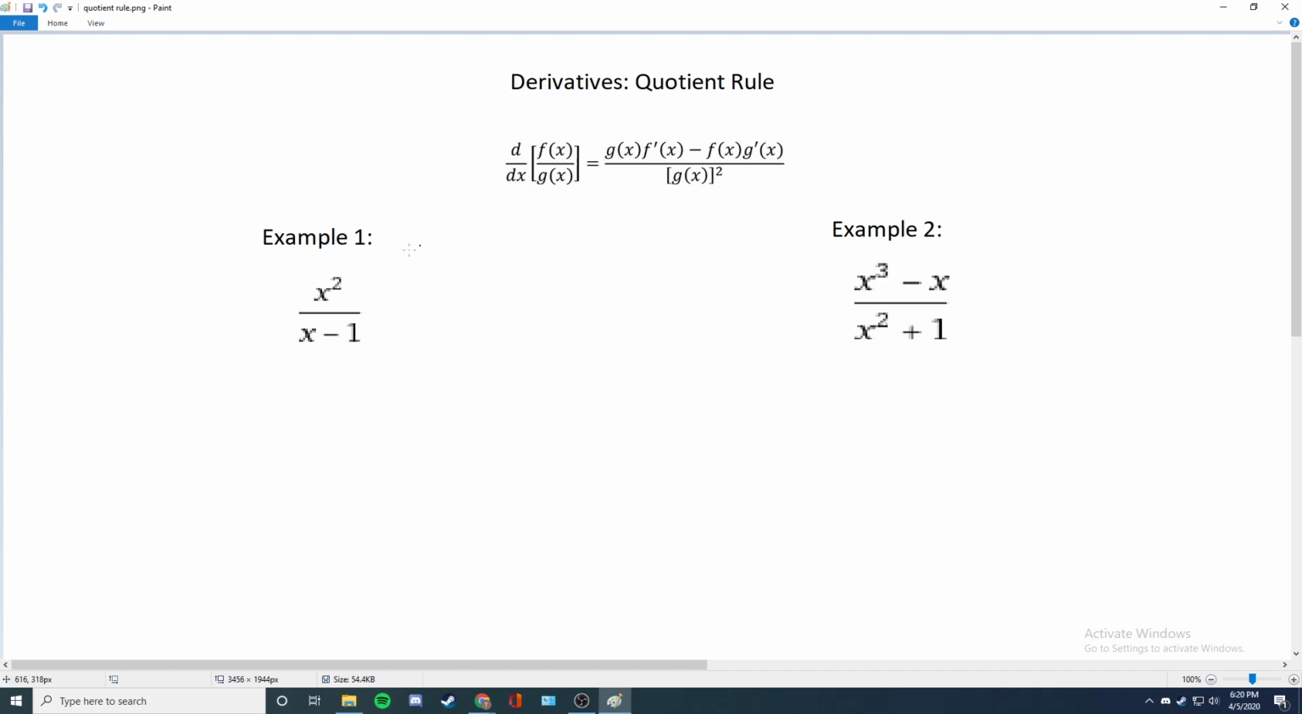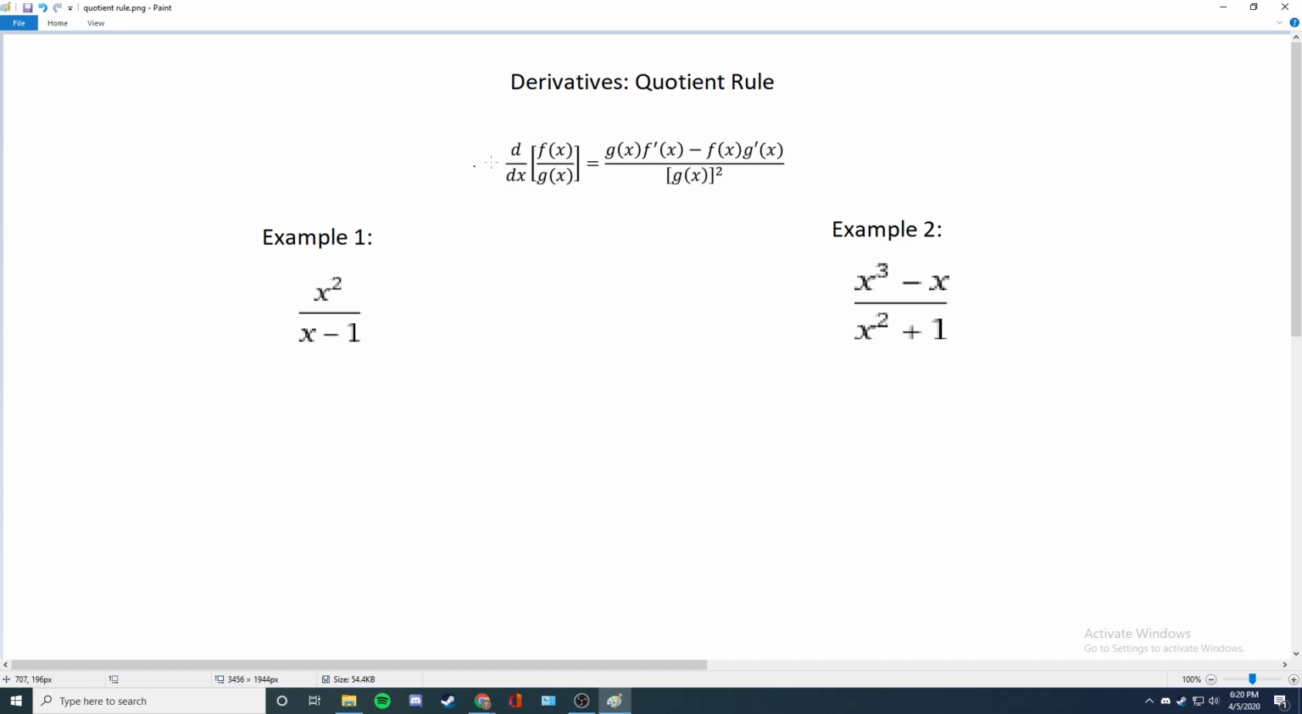Go over how to take derivatives using the quotient rule. The quotient rule comes into play when we've got two functions essentially divided by each other. If you look at this example, we've got x squared divided by x minus 1. Anytime we've got one function of x divided by another function of x, we're going to be using